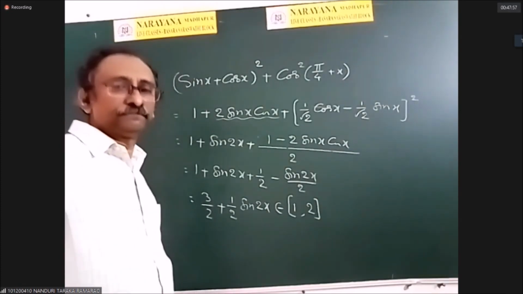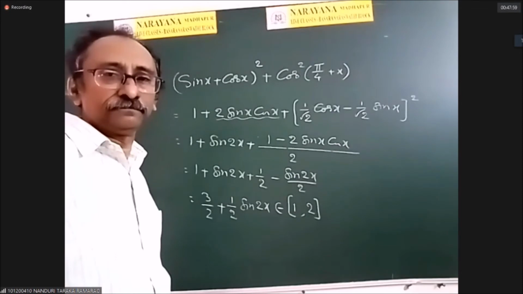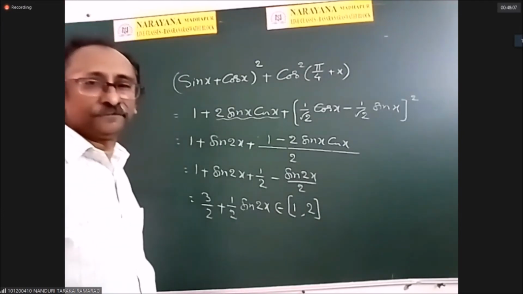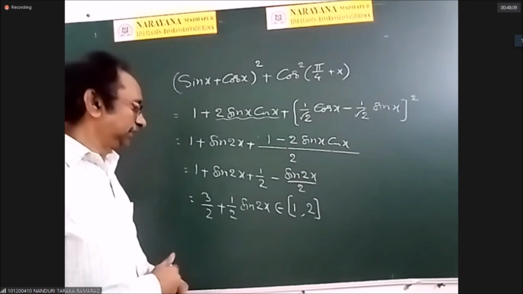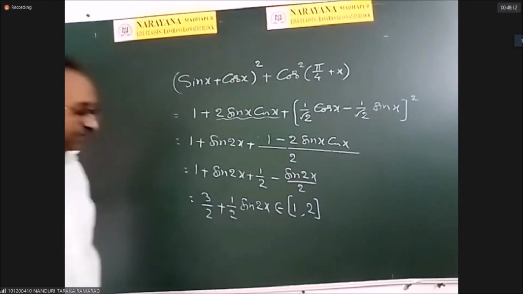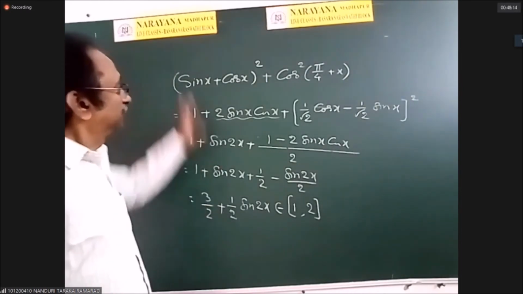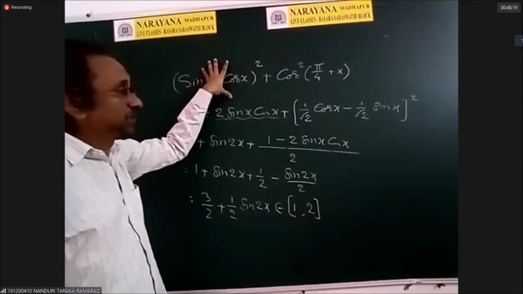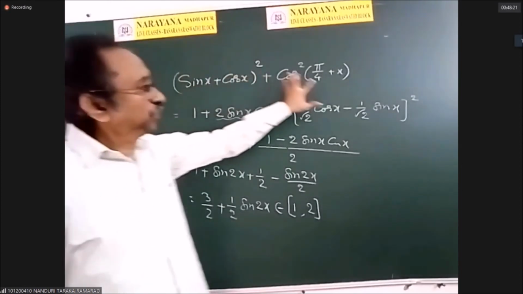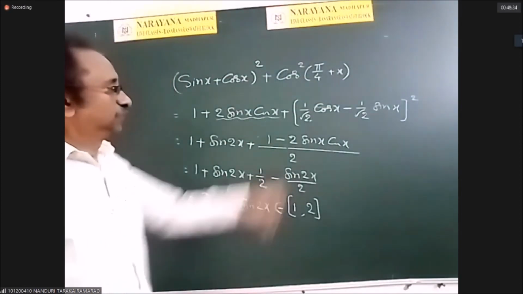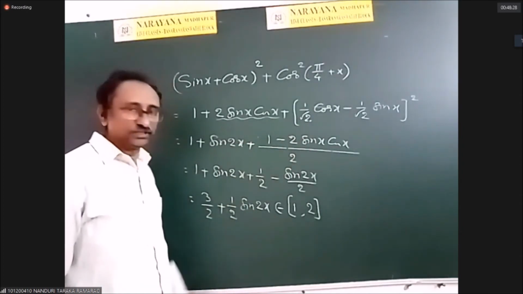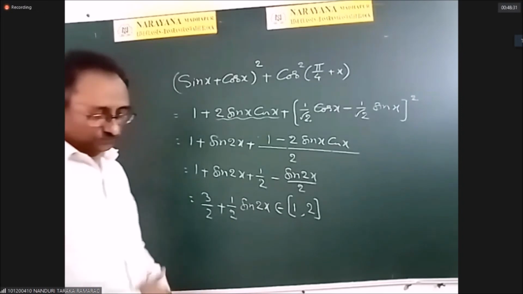Do that one. No, sir. Okay, see, the range is finally closed interval 1 comma 2. So if the function is like this, we cannot find the range. So we have to simplify this one. So we have squared here, we used cos a plus b formula and we expanded again a minus b whole square. Simply this is sin 2x. So this is a simple function to find the range.